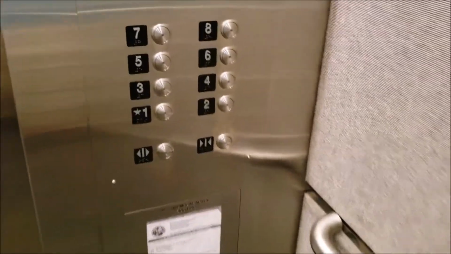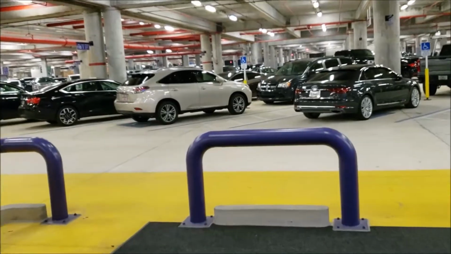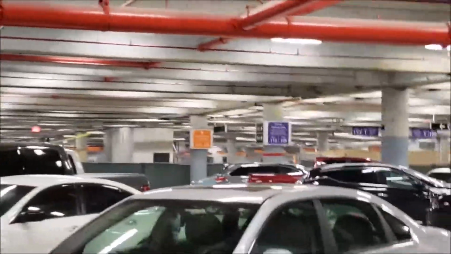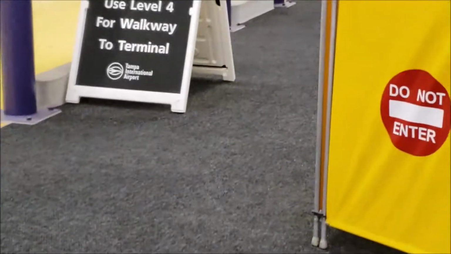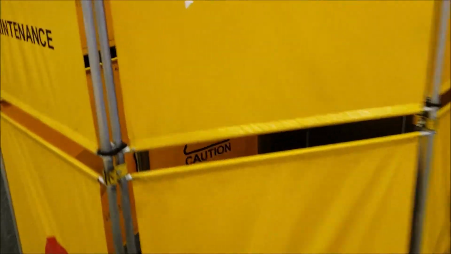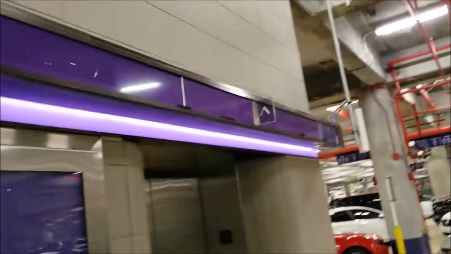Oh, actually, we can go down to 1. I didn't even realize I pressed 1 until now. As you can see, that whole part of the garage is under construction. Oh, and also, you can see the work being done on this elevator. Doors are shut though, you can't really see anything. But anyway,